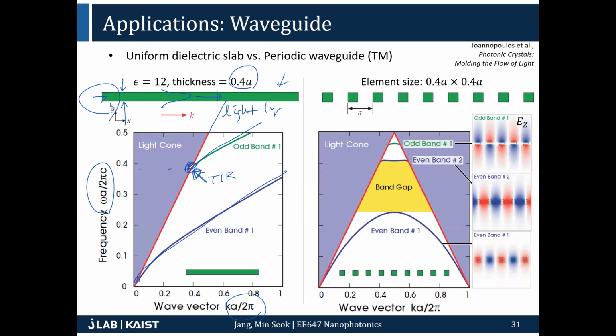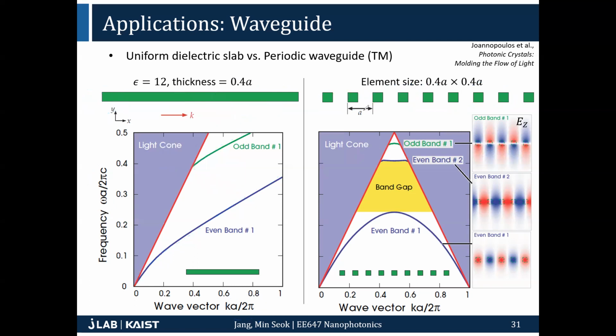So as the dispersion relation of the mode meets the light line, the total internal reflection condition no longer holds, so that wave just leaks out to the free space, right? That's what we learned already. And then if we have periodically placed dielectric bars,